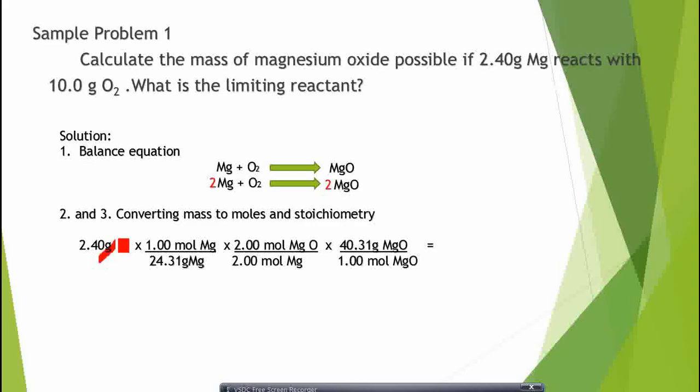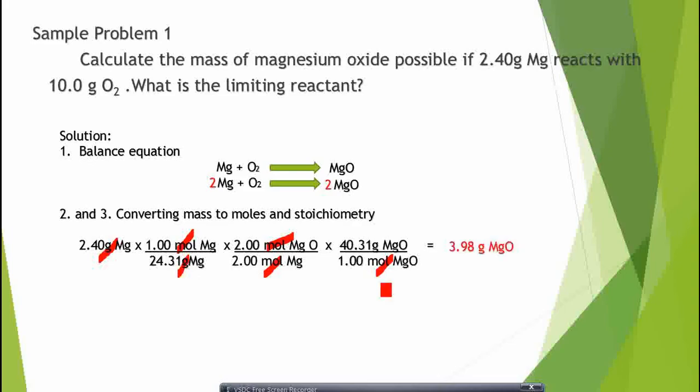We cancel the grams of magnesium, the moles of magnesium, and the moles of magnesium oxide. We have grams of magnesium oxide. Let's solve: 2.40 times 1 divided by 24.31 times 2 divided by 2 times 40.31 divided by 1 equals 3.98